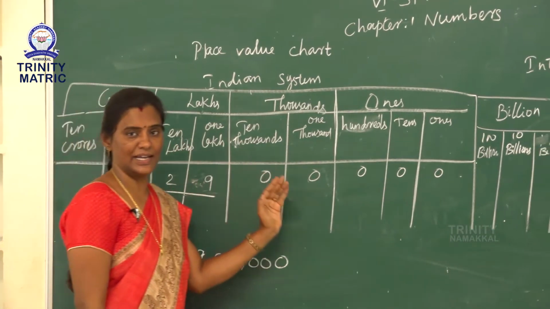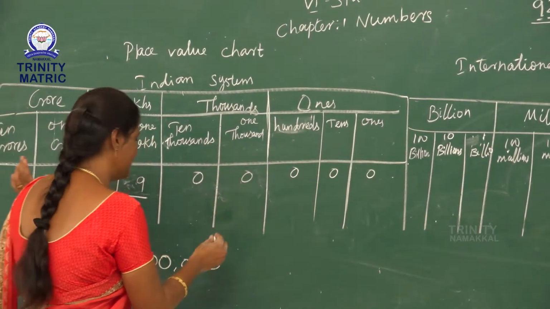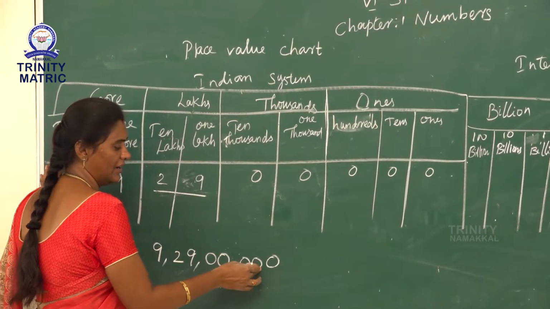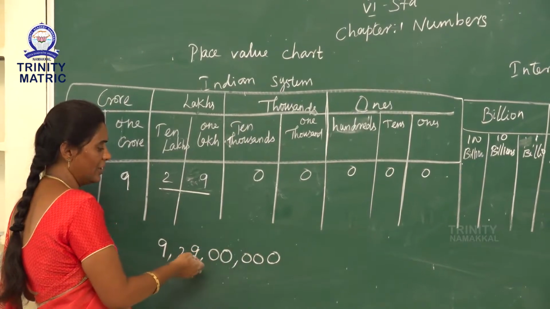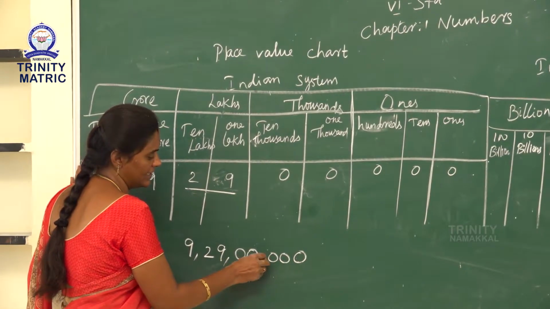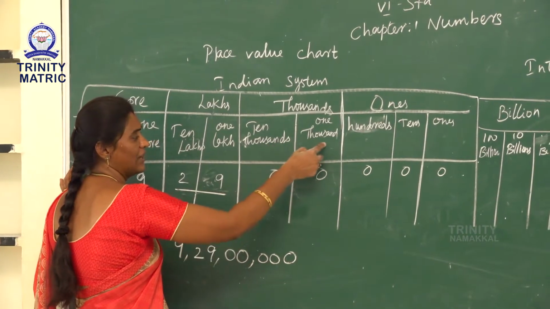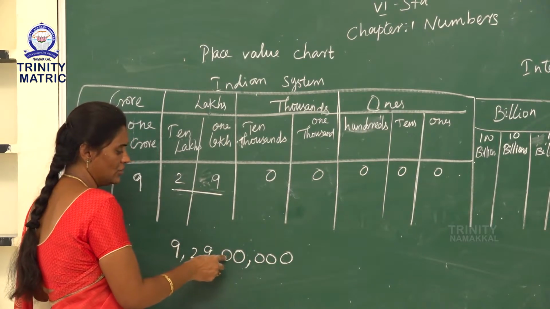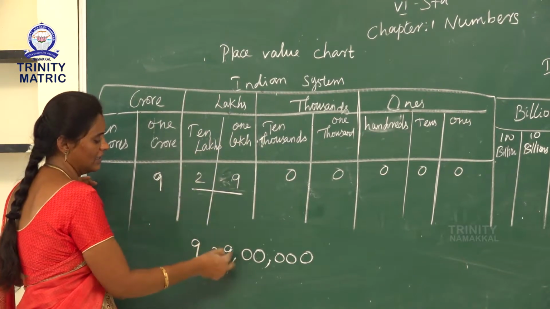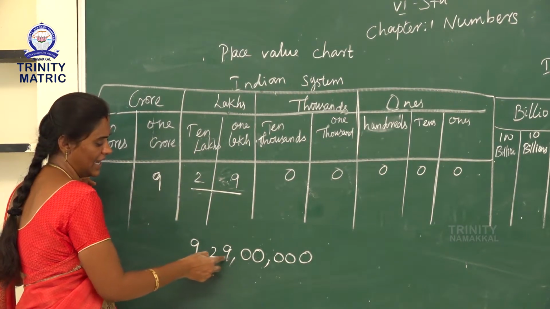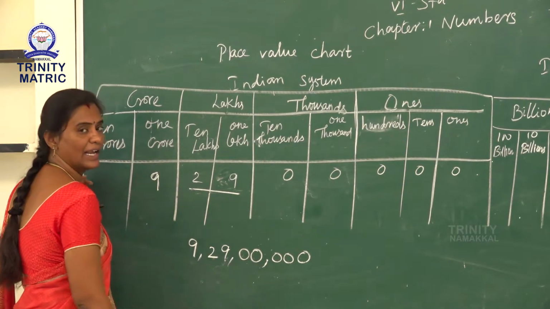In Indian system, we put the comma from right to left. First we put the comma after 3 digits. After 3 digits, then we put the comma every 2 digits. So for this number, first we write 1, 2, 3 digits, then we put 1 comma. Then this is thousands place. Here there are 1000s and 10,000s place. So after these 2 digits you put a comma. Then in the lakhs place we have 1 lakh and 10 lakh. So we write 1 lakh and 10 lakh, and we put a comma after these 2 digits. This is crore. So 9 crore 29 lakhs.